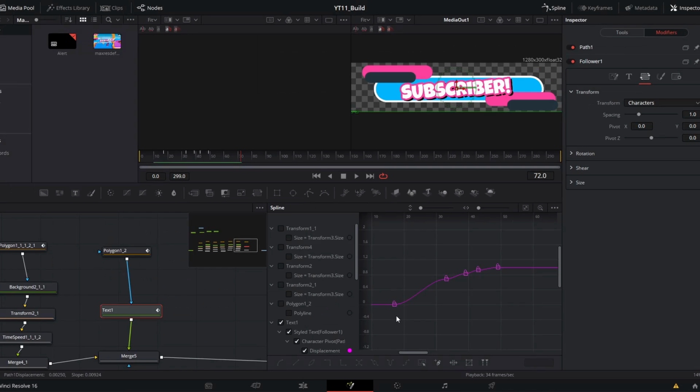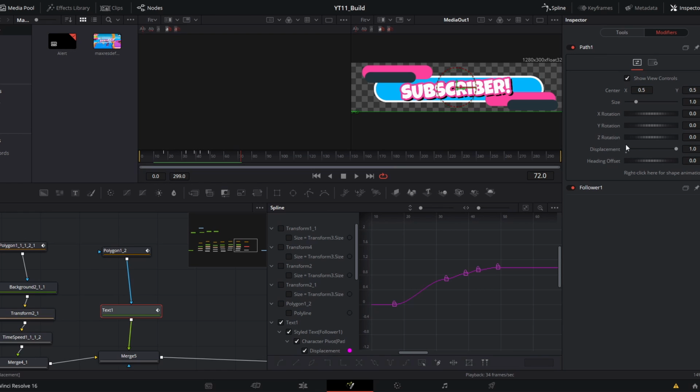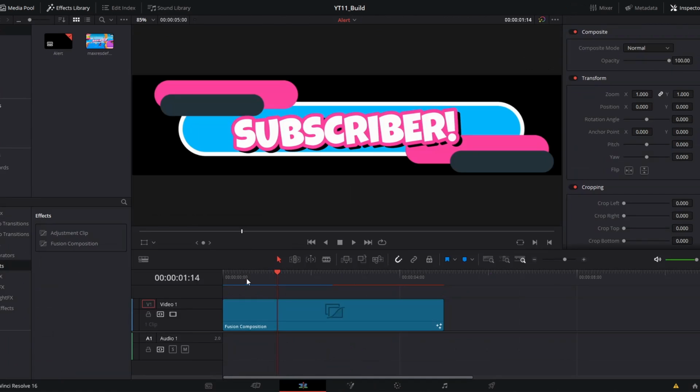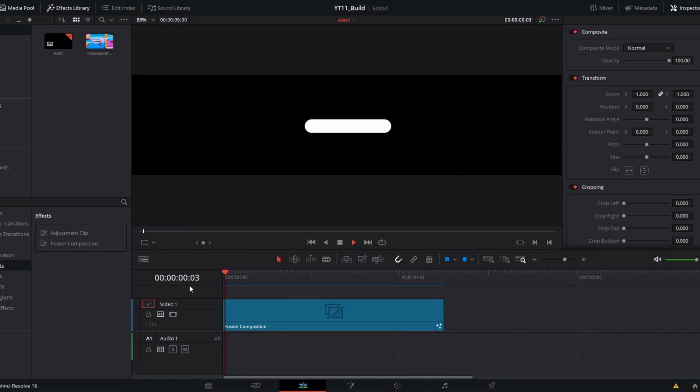And you will notice in the spline viewer, this bar that we're animating only ever goes up. And that is because of the way this modifier is structured. This animation is actually going off of one path, this displacement effect, which only slides between 0 and 1. So I set these keyframes one at a time, overshooting it by a bit, then coming back down a little over before it settles into its final location. And if we preview this in our edit page, that looks pretty good. It's fun, it's snappy,